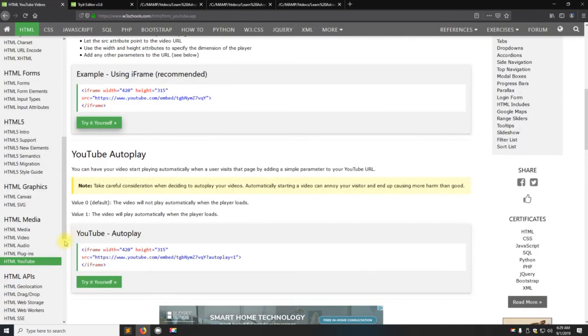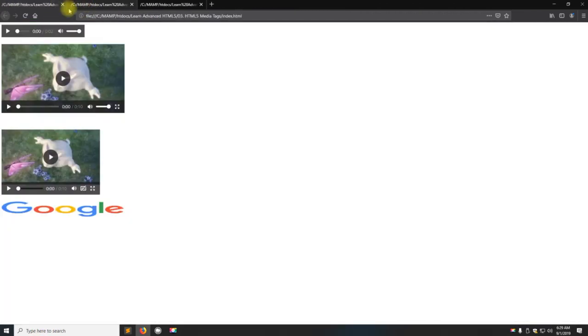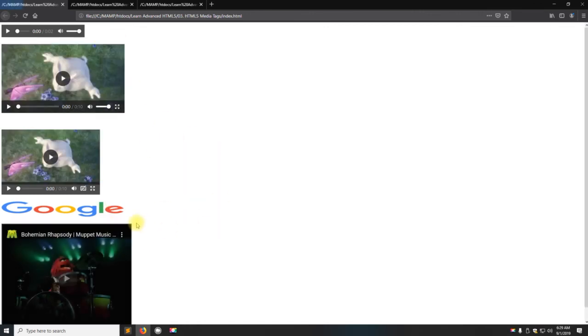So that's HTML media, and it's an important part of HTML5 because this is really one of the main points that they emphasized when they started adding tags and updating HTML5, is to give you the ability as a developer to add video and audio and embed YouTube videos and other videos